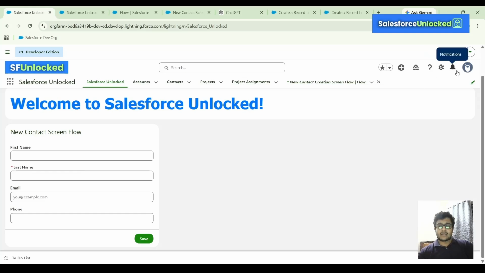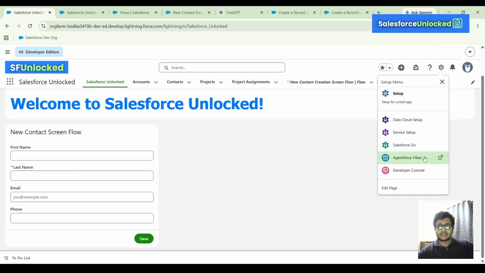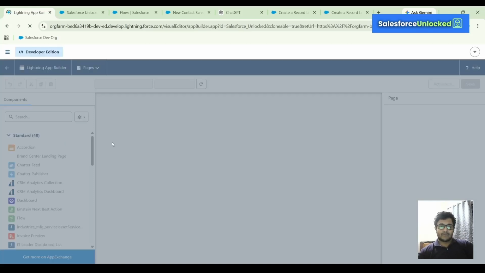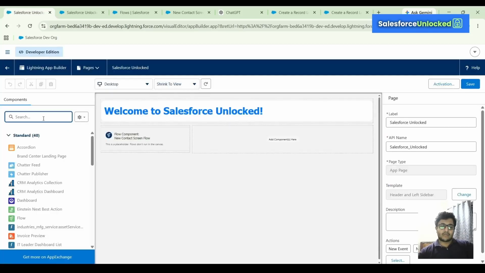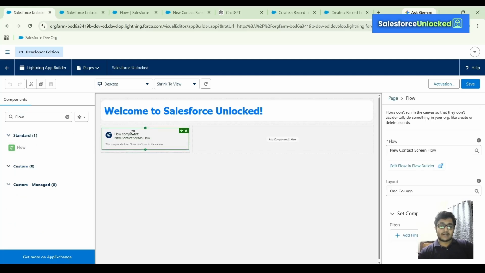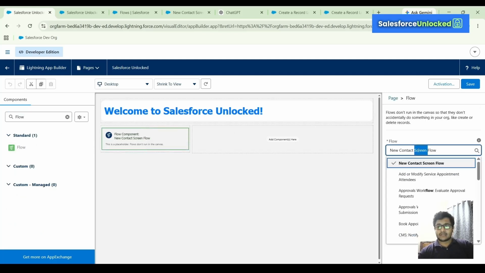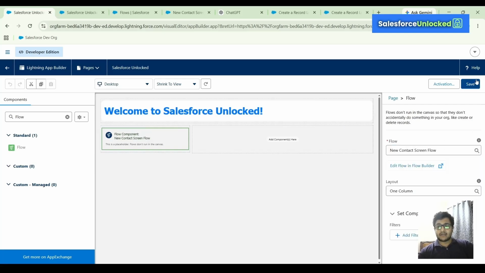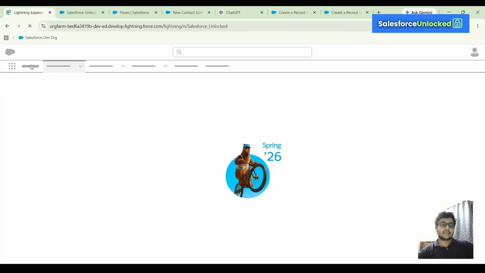To add that you need to edit this page here and in Lightning App Builder you need to add the flow component. So I will quickly show. So from the component you need to add this flow component here. Once you added this component in the properties, you need to check for the flow name which you have added and click on save. So once your changes are saved, you can exit the app builder